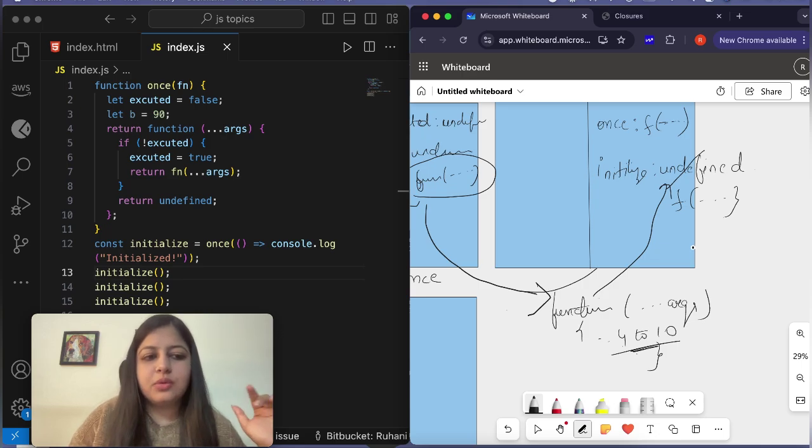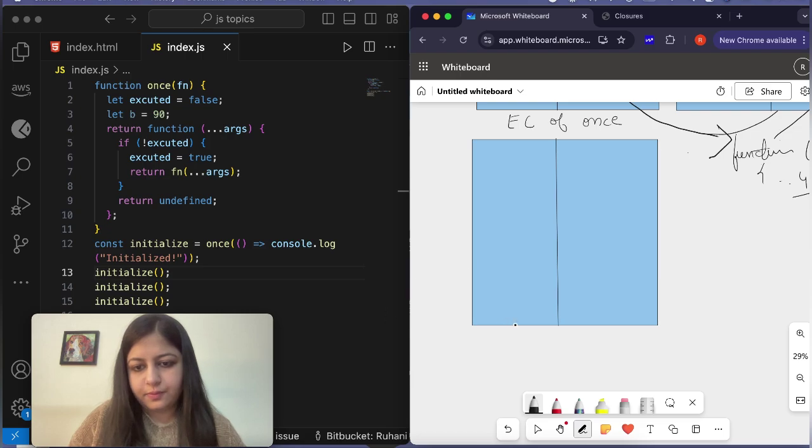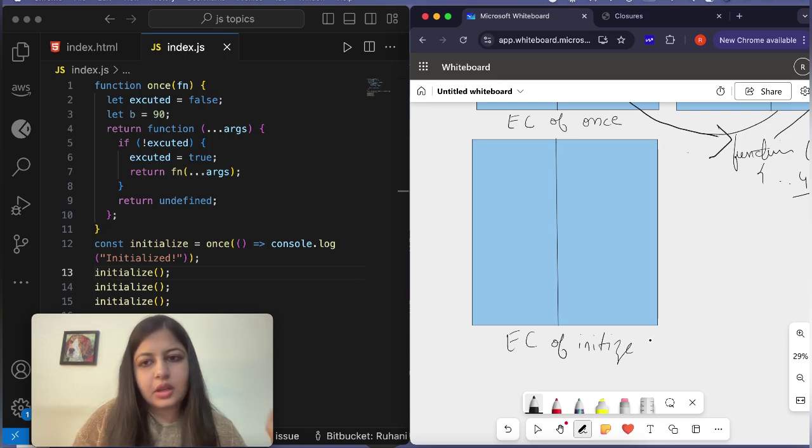Now let's come to the 13th line. We are again calling the function initialize. Whenever we call a function, another execution context is formed. So, the execution context of initialize. Now let us see what is inside that function, from line 5 to line 9. So on the 5th line,